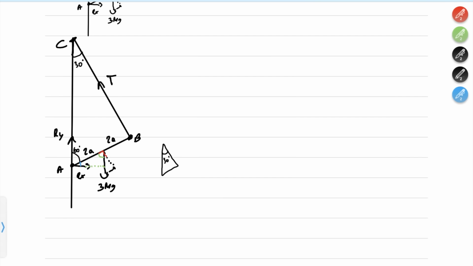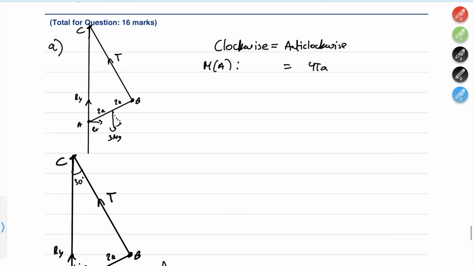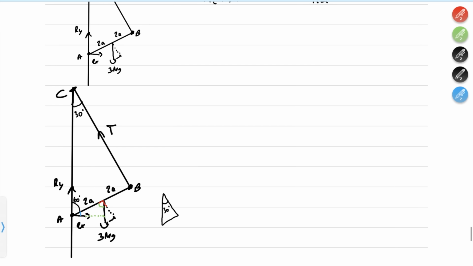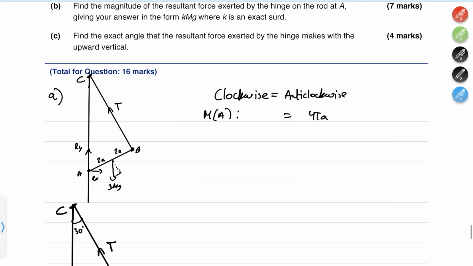So the blue line represents 30, the green line represents 60, and the red is showing the right angle, and because it's a right angle, the inside must be 30 degrees. So that means that the perpendicular component of the weight is going to be 3mg cos 30, but let's not forget to multiply by the distance of 2a, is equal to